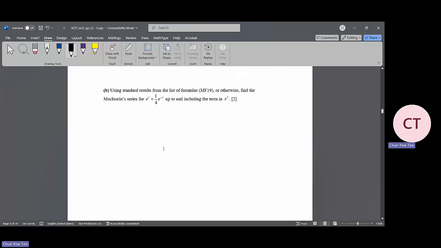Now they want you to use the standard result from the list of formulae MF19 or otherwise find the Maclaurin series of this. So this one is 2 marks only. So from here, we just say that from MF19,